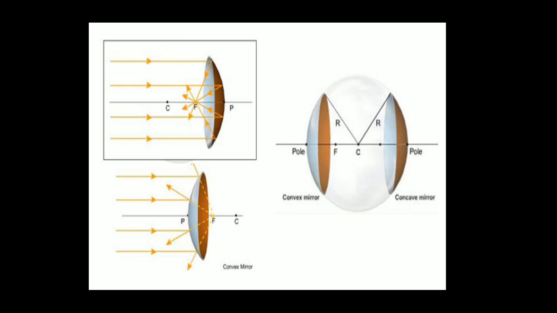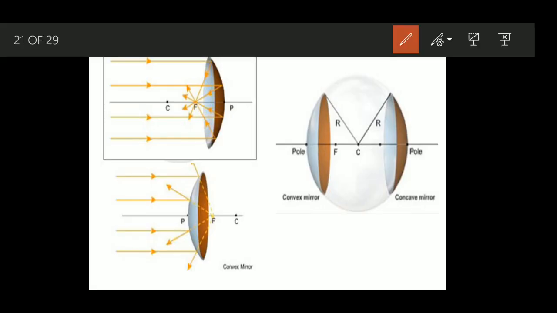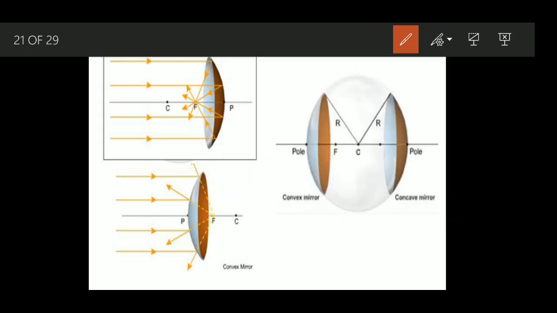Now, the same mirror arrangement is cut into two pieces. Can you see here? This and this both are the same. Can you see that one? This and this both are the same. Inside it is polished. If it is polished inside, it is called the reflecting side.